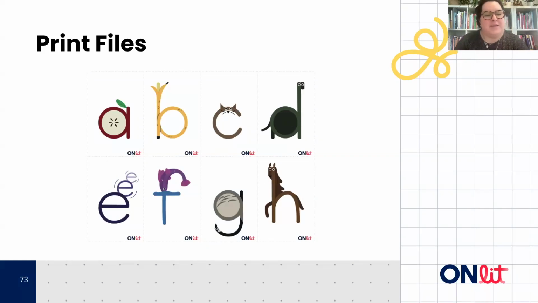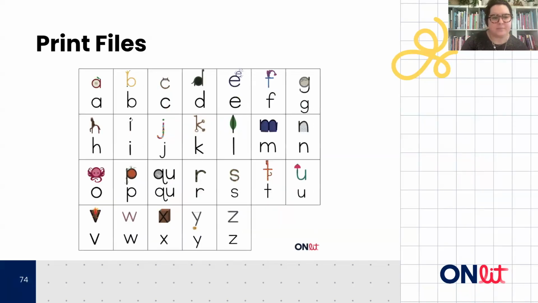And then something else we wanted to add as well was the option to print with 8 of them to a page like this. So you get small, almost like card deck, like playing card size. And they are also double-sided. So they have the plain letter on reverse. And we wanted to do this to give the opportunity for educators to print them and then put them on a binder ring and send them home if families are looking for home practice. And we also wrote a sample letter for this as well with tips about how to use them to work with the child at home. So that will be on the site as well.